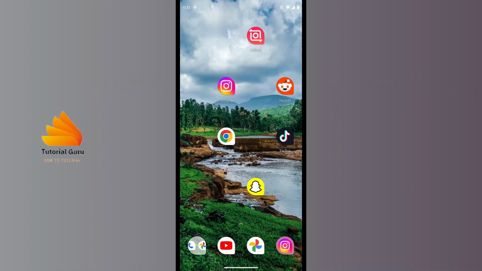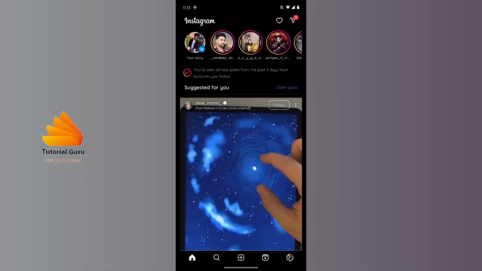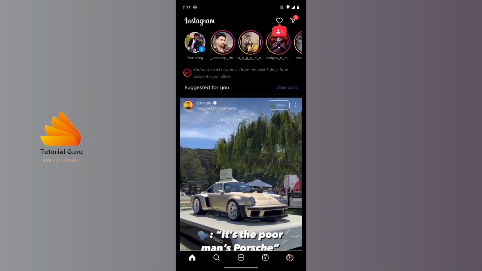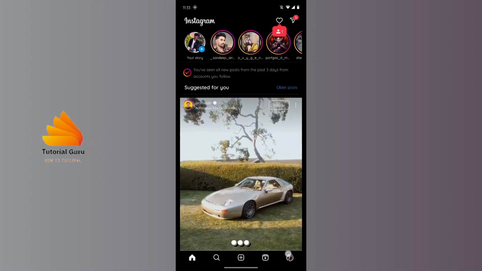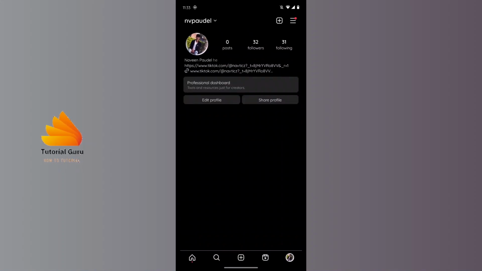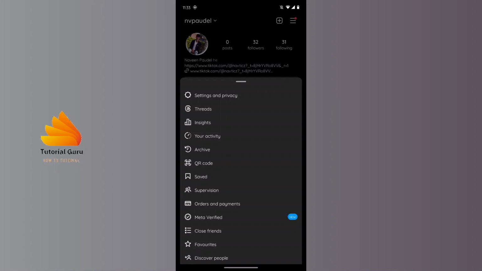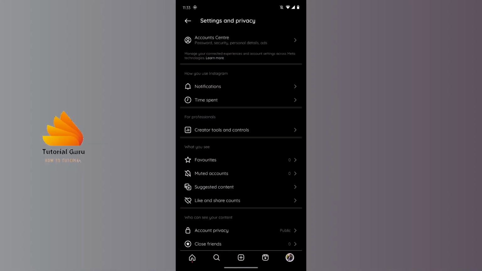So if you want to switch your account, what you have to do is first of all open up your Instagram application, and after opening your Instagram application just tap on the profile icon which is on the bottom right, and after tapping on your profile icon now tap on the three-bar icon which is on the top right corner of your screen, and then tap on settings and privacy, and now you have to tap on